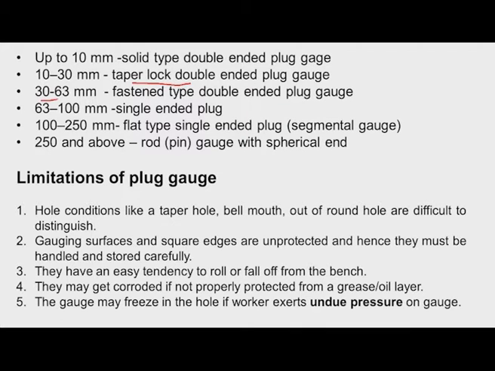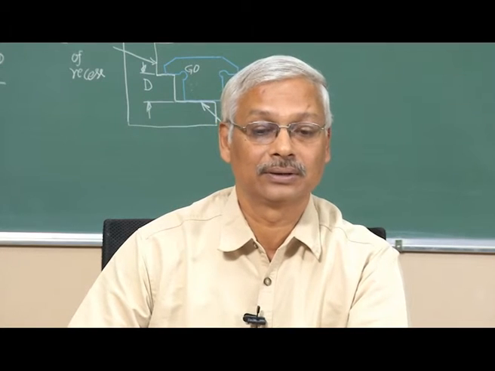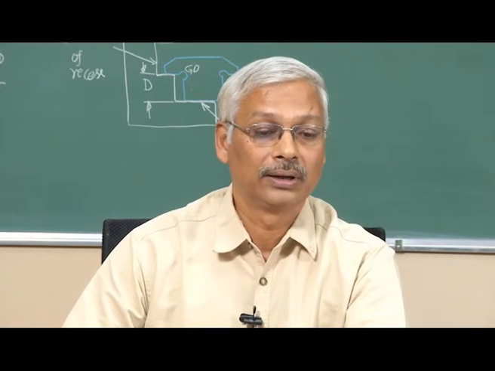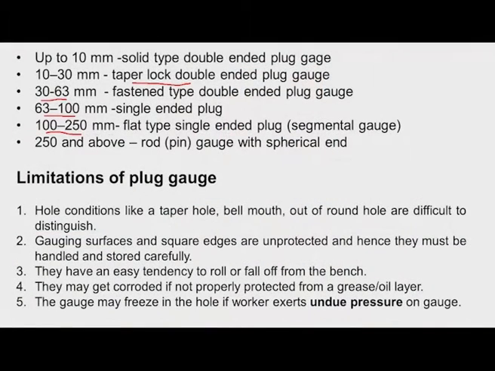From 30 to 63 millimeter, fasten type double ended plug gauges are used. They are not taper lock, the ends are fastened to the handle. And then from 63 to 100 millimeter, single ended plug gauges are used, so we need to have two gauges, one for go and the other for no go. And from 100 to 250 millimeter, flat type single ended segmental type plug gauges are used, and above 250